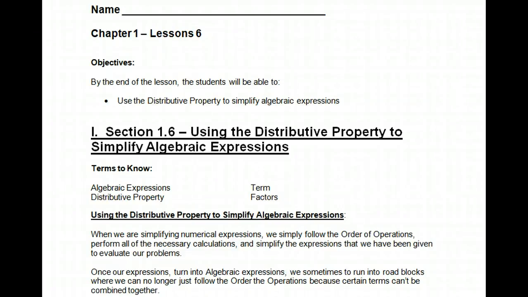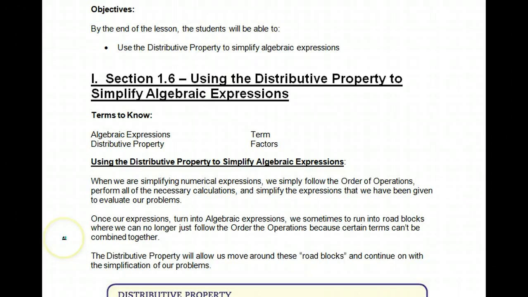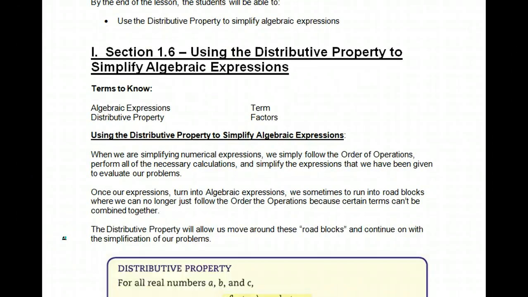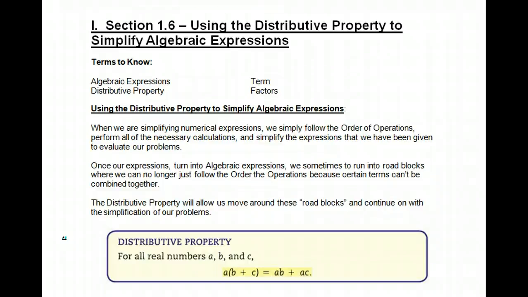In this section, we are going to learn how to use the distributive property to simplify algebraic expressions. This is, in my opinion, one of the most important lessons that we are going to cover. And the reason I feel this way is that